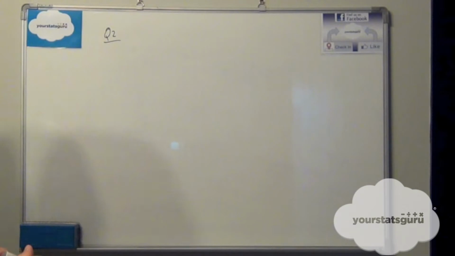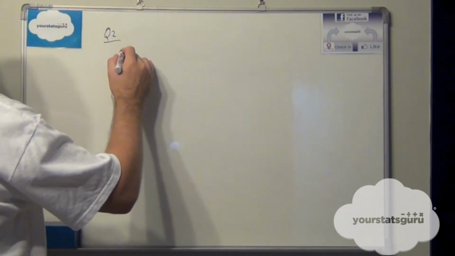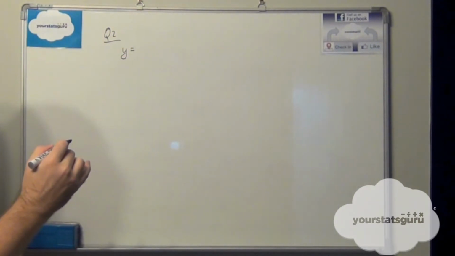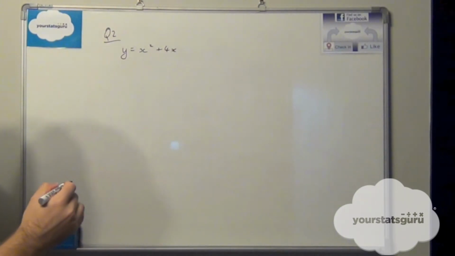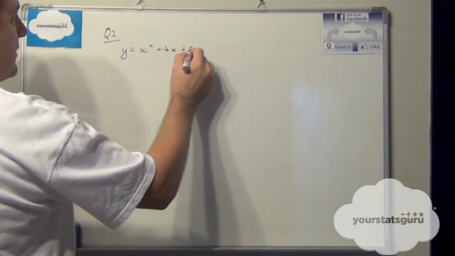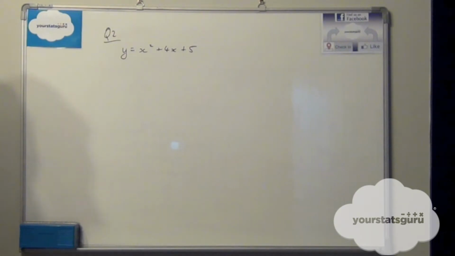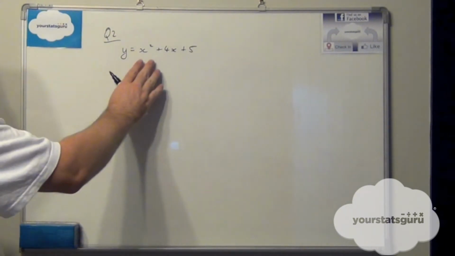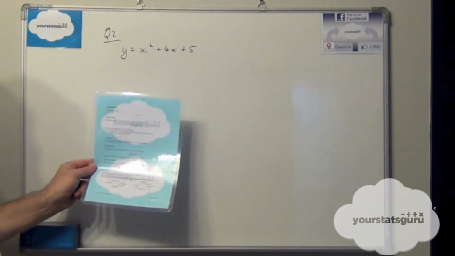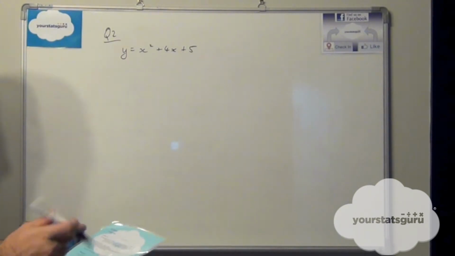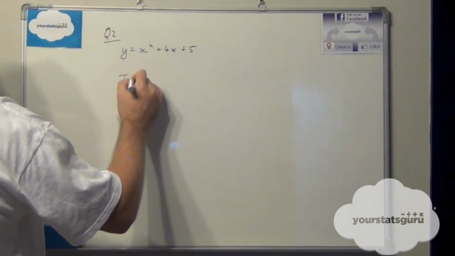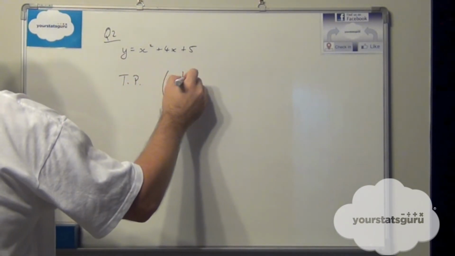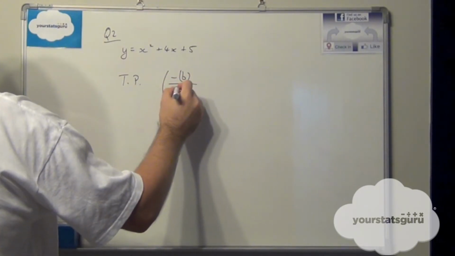Question 2 asks us to find the coordinates of the turning point for the graph with the equation y is equal to x squared plus 4x plus 5. Now clearly this graph is in standard form. So we take our quadratic sheet and we look at the standard form for the turning point, and it tells us that the turning point is at minus b over 2a,